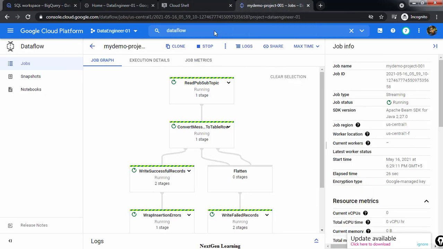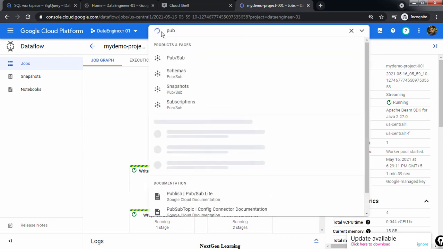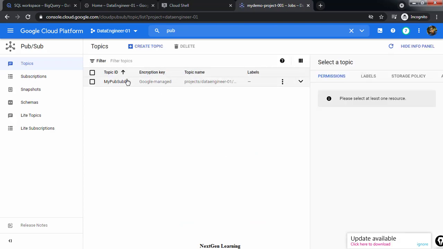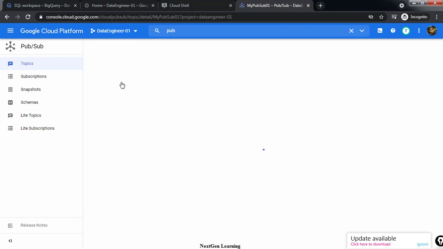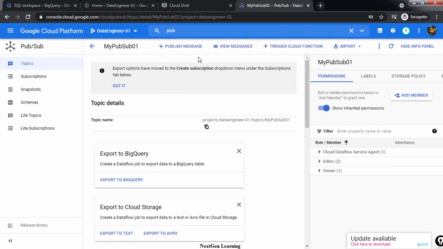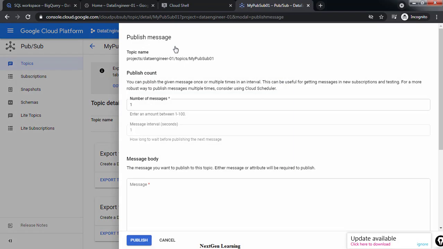So now we will go to the PubSub topic and try to push some message. For this demonstration, we are manually pushing the message to this topic, or else you can use code like Python or Java based code to publish the message, but here we are using this graphical option. Basically we are sending one message to this topic. I'm using the message in JSON format, and this should be in the matching format that our BigQuery table has.